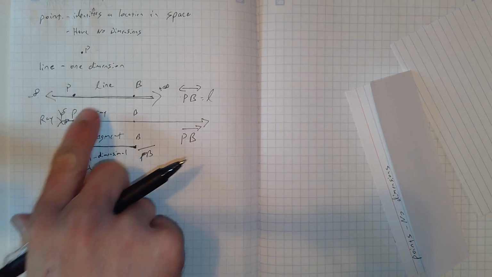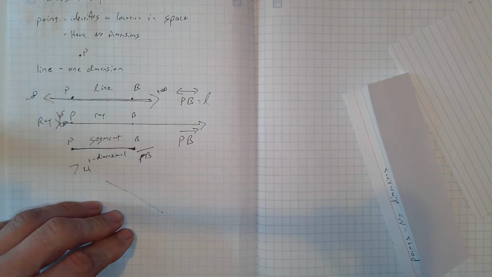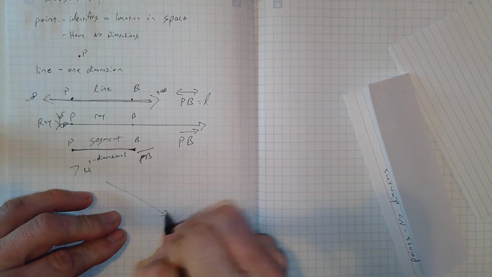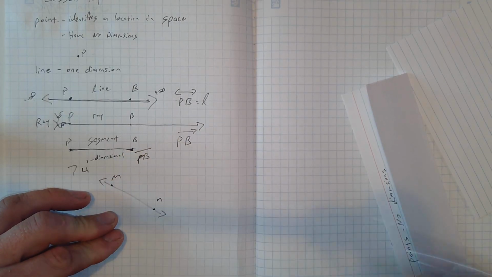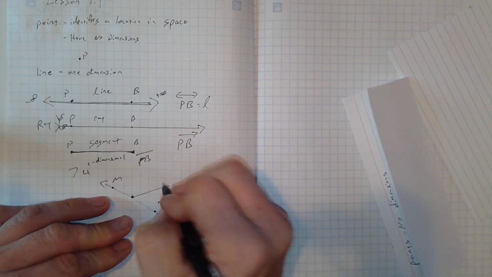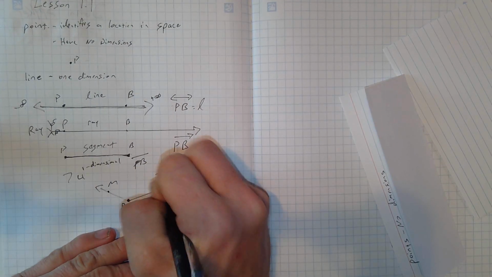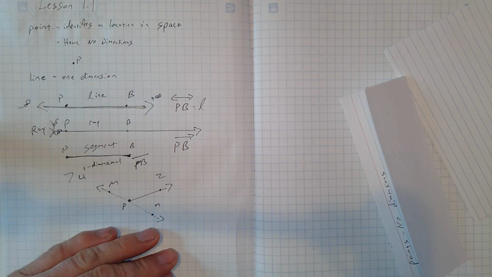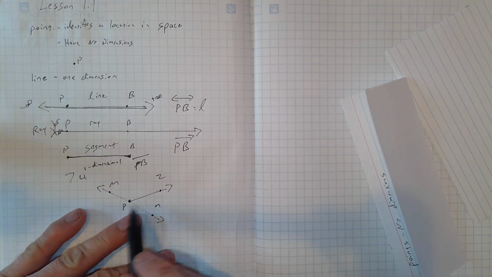Now if I take 2 lines or 2 rays or 2 line segments or a combination of these things, and I have one, say, going this way, and then I have another one. This is a line that goes like this, and I'll call this line MN. And then I have a ray coming off like that. We'll call this point P, we'll call this point Z, and this is ray PZ. This ray intersects MN